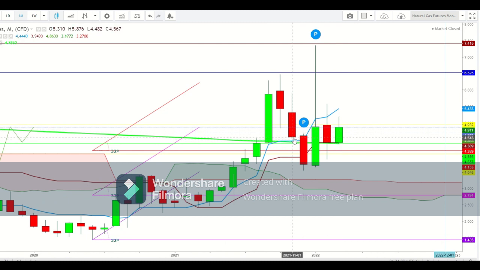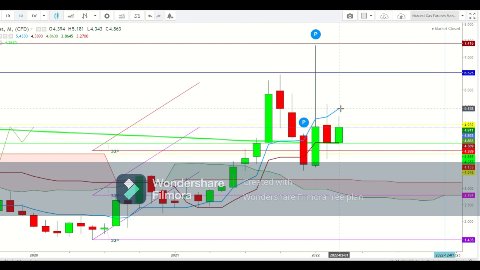Here you can see how the 9 days moving average and the 26 days moving average closed over the 200 days moving average, and the natural gas futures have still been maintaining well above the 26 days moving average. So here I find that the immediate resistance for natural gas futures is at the level of 4.931, and a breakout well above the level of 5.227 will confirm the continuity of this uptrend,